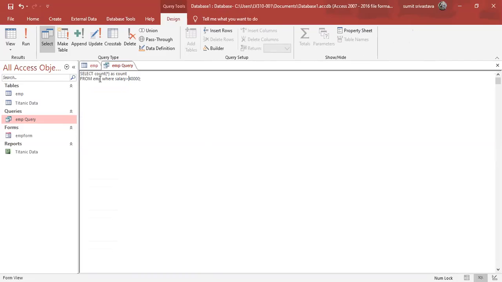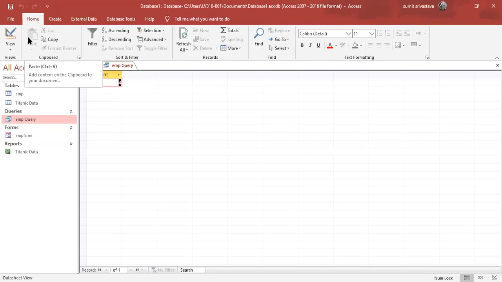Let me give a greater than symbol. So select count. I have to count the records from the employee table where salary is greater by 40,000. So if I run this query, it shows me 4 records. So there are 4 people whose salary is greater by 40,000.